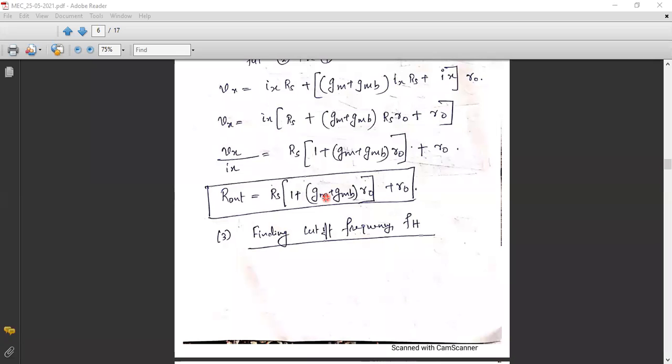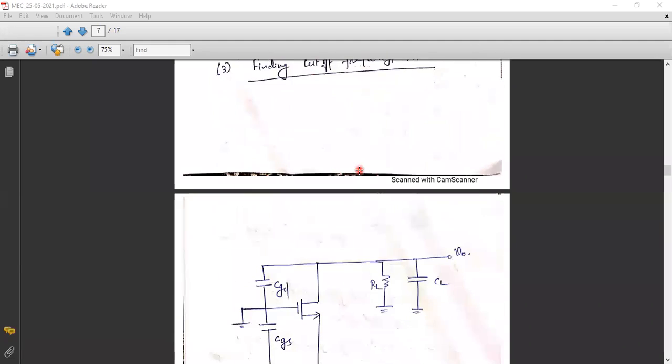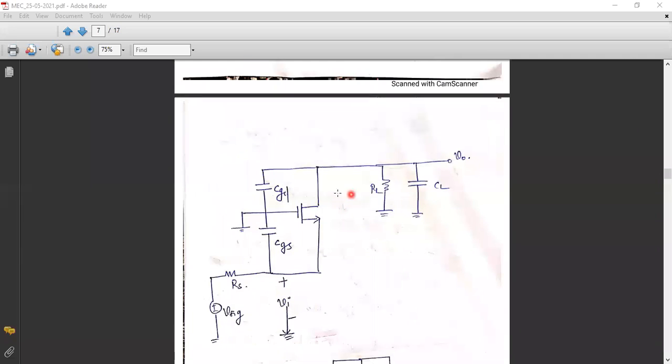So whenever an amplifier is being designed, the designer should be aware of the cutoff frequency, and for a particular cutoff frequency only, he is going to design the amplifier. That will be given as a specification to that particular product, so that after knowing this cutoff frequency, the user will be able to give the input in that particular range. So this parameter is very important for all amplifiers, so that users can give signals of the desired frequency range. So let us see the equivalent circuit of a common gate amplifier with active load.